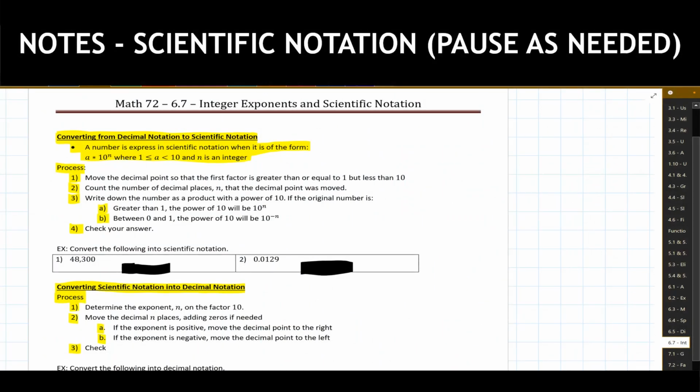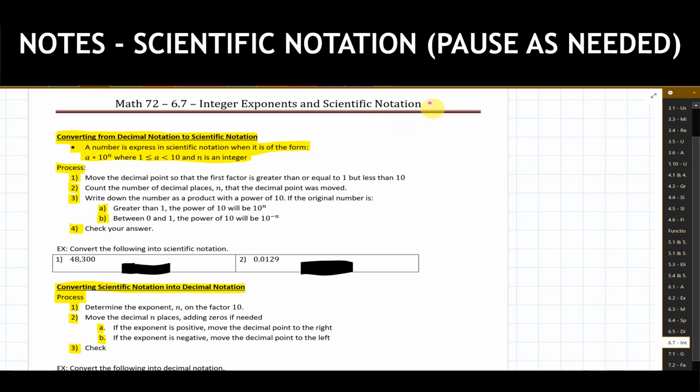The second half of 6.7 has us working with scientific notation. The main uses of scientific notation are ways to rewrite and express extraordinarily large or extraordinarily small numbers. It's intended to be a cleaner way than the big long numbers and number of digits that we have shown up here. If you have something that is 10, 20, 30 some odd digits written out, 1, 2, 3, 4, 5, 6, 7, 8, 9, then repeating that over and over again, that can be really painful, and we don't really want to do that if we can avoid it.